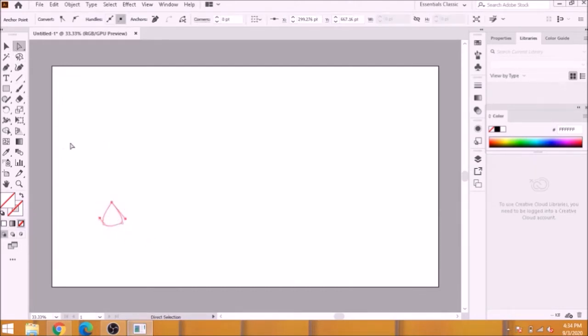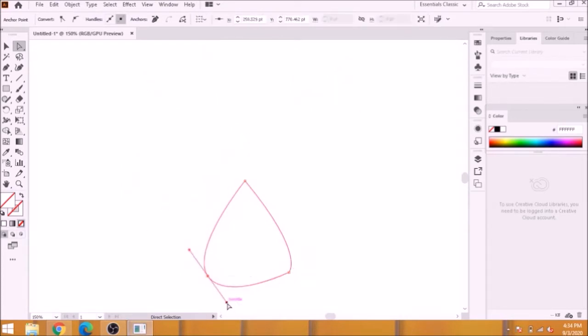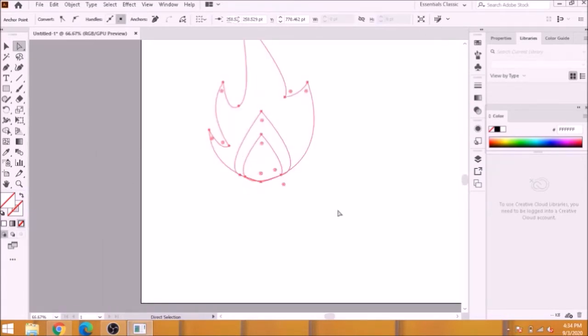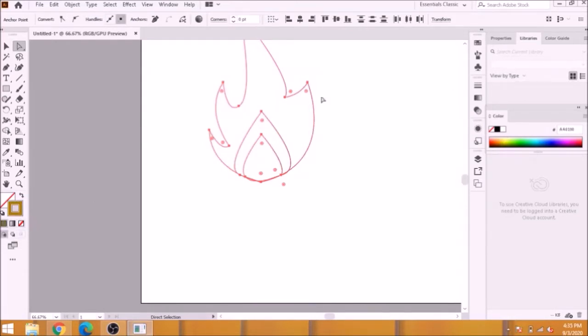Again, click on the direct selection tool. Select the whole illustration and then zoom inside using Ctrl+. Now you can see the irregularities. So first we will improve the structure of the domes by clicking on the anchors, and then to make a visible outline, we will deselect the stroke and then choose any color.